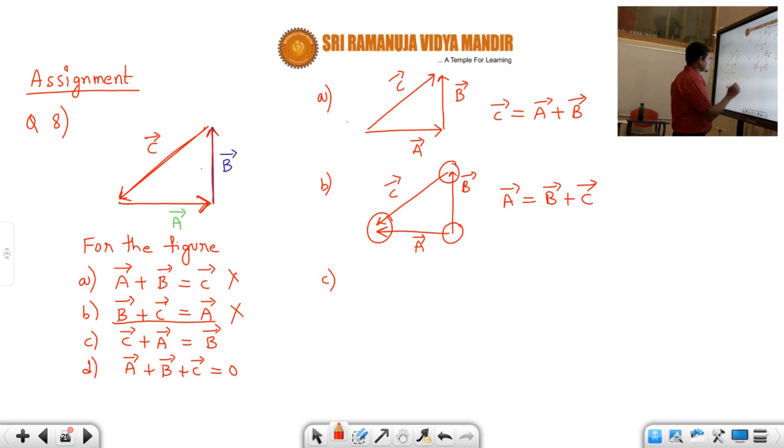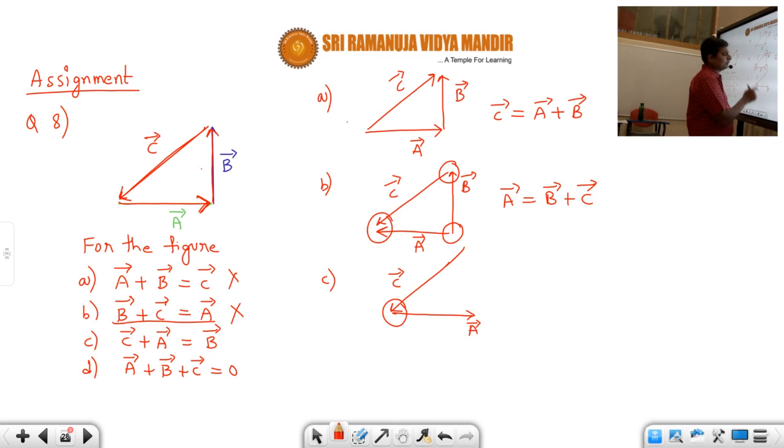Now what is the third one, students? C bar plus A bar equals B bar. So let us see. C bar is given like this, I have taken it like that only. And C bar plus A bar, so this is called A bar. Now, according to triangle law, at this point it is correct because the tail of one vector is connected to the head of another vector. Now if you want to add these two vectors, you should join a line like this such that the two tails are here and the two heads are here. Sorry students, this is actually perpendicular, so we can draw up to here.